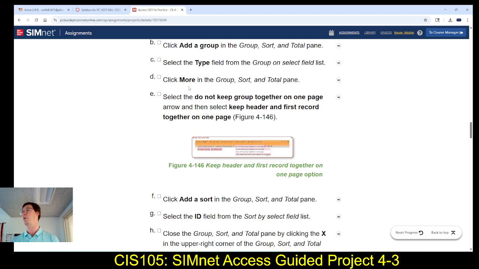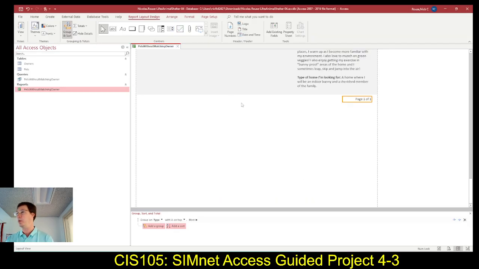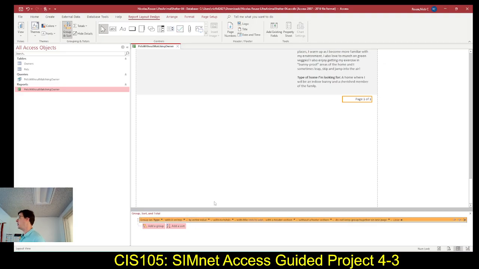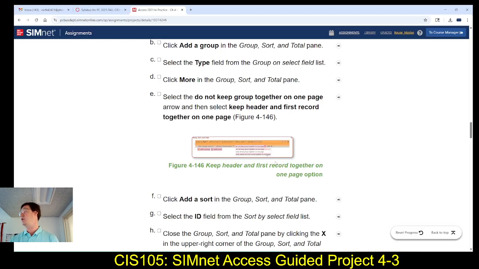Now check this out before we do this. Well, fine, let's click on More. Let's just click on More. Let's click More down here. It says More. There's an arrow. All right, so you will notice all this stuff after you click More. What they would like us to do is,